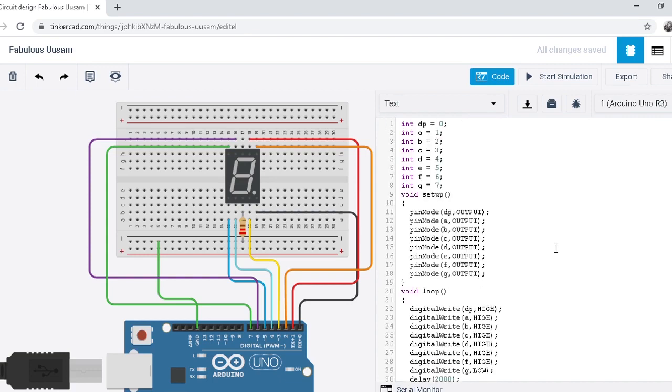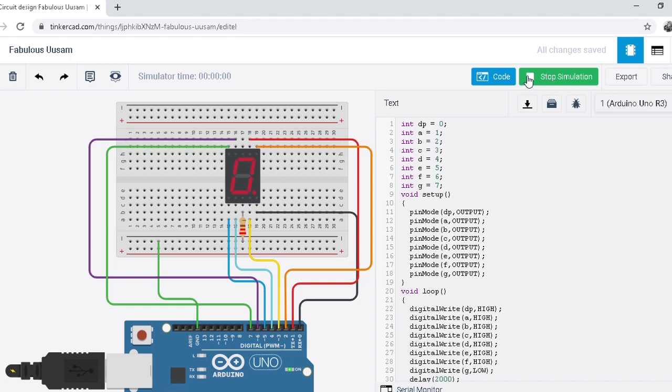I did my coding from 0 to 9, and I am going to show you how it works. When I press start simulation, it shows the numbers from 0 to 9 every 2 seconds. Now start simulation.